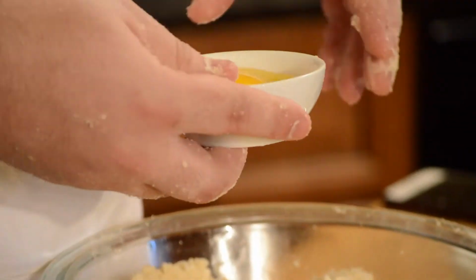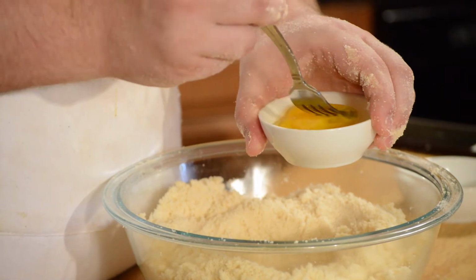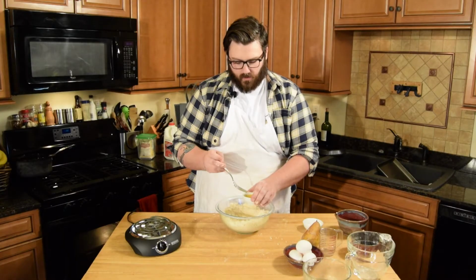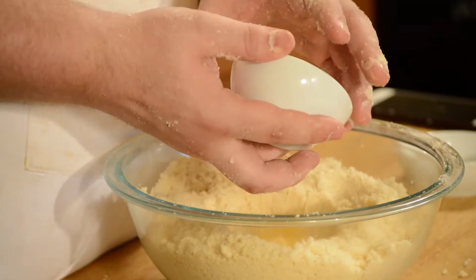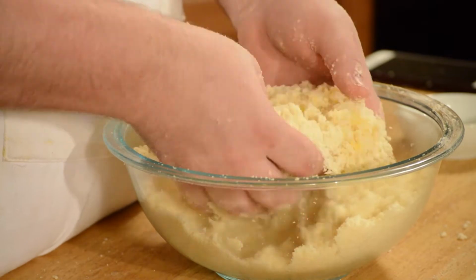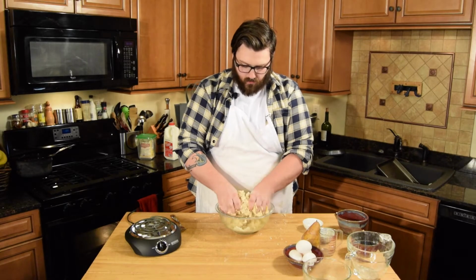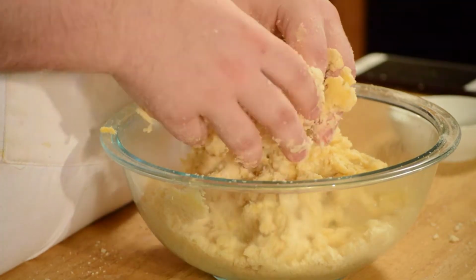Once we get to this stage, we wanna add our egg in. It's good to always whisk your egg first, so I'm gonna do that. Just break up the yolk, give it a little bit of a swirl. So I'm just gonna set that to the side, and then add that yolk. Made a little well for that, and now you're just gonna toss it with your fingers until that egg becomes really well incorporated. Once it is, you don't wanna mess with it too much because